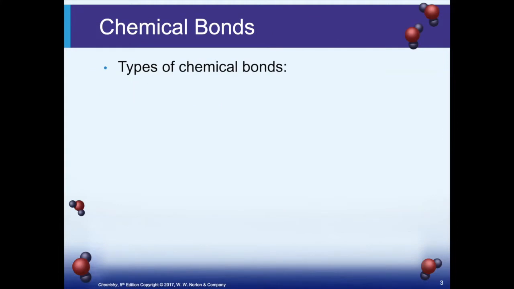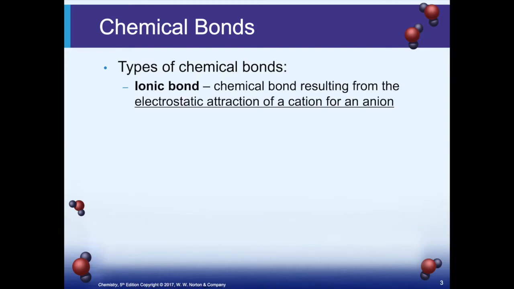Okay. So as I said, there are three types of chemical bonds. We're just going to go over them real quickly. We'll go more in depth with two of the three. The first one is the ionic bond, which we already learned a little bit about at